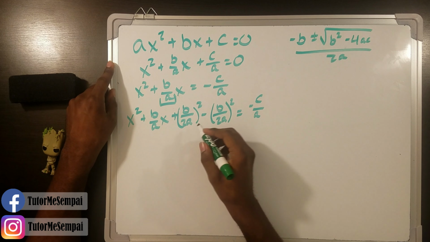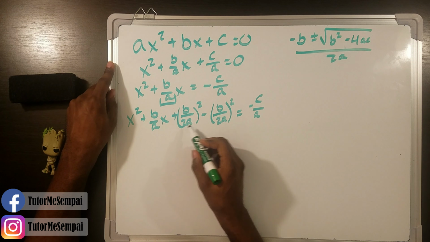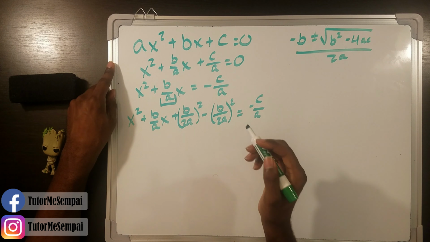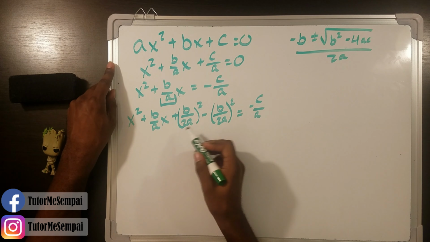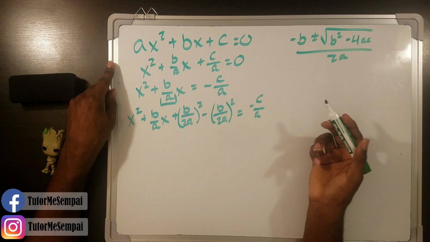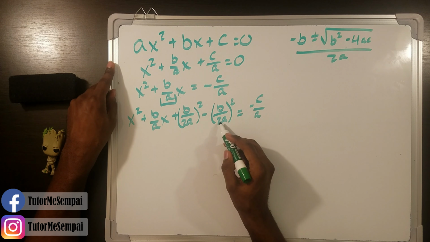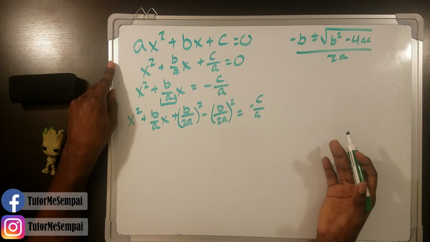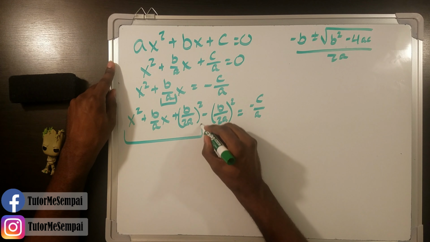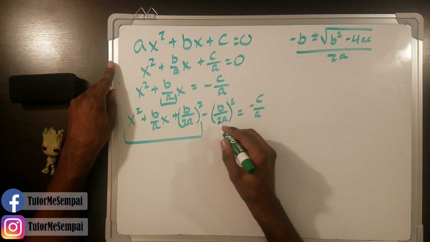Now the reason why we are adding and subtracting the same thing is because we ultimately want to just add 0. We don't want to change this, and introducing random numbers into this equation is going to change the value. But as long as we add and subtract the same thing, we're not changing the value, we're just changing the looks. So by doing this, we're guaranteeing that this right here is a square,